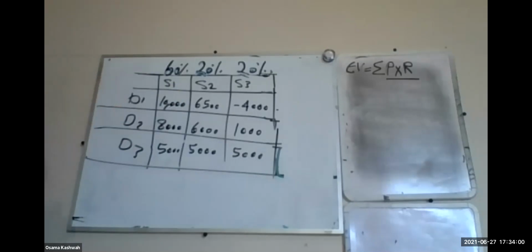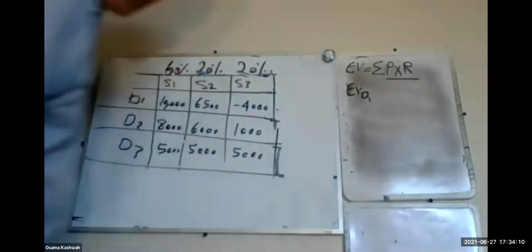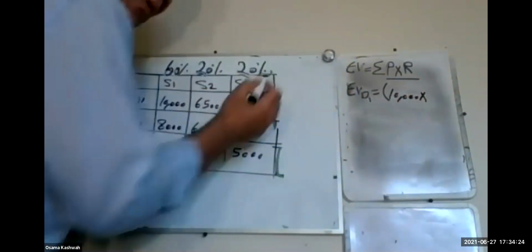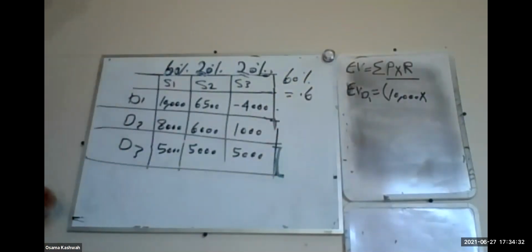I will say the expected value for D1. EV for D1 will equal $10,000 times 60%. I want to tell you something: 60% is 0.6, it's the same. So it will be 10,000 times 0.6 plus